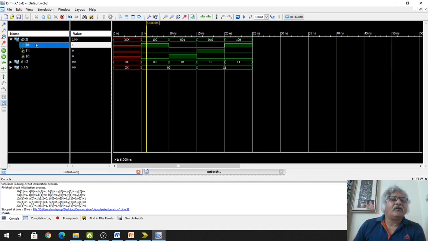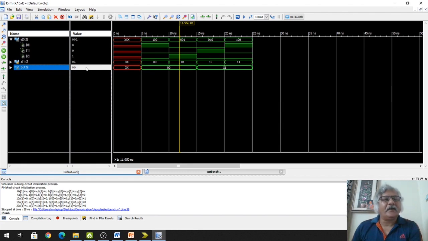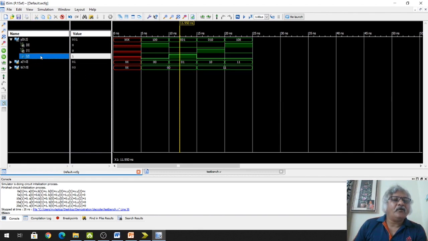So Y0 is high, this is 1. Remaining two are 0. Next condition we will check. See here, A is 0, 1 and B is 0, 0. So A is greater than B. So in this case, Y2 is 1 and Y0 and Y1 are 0.